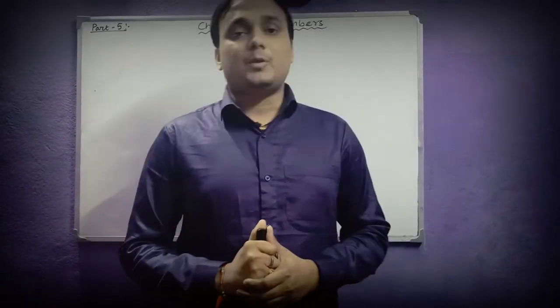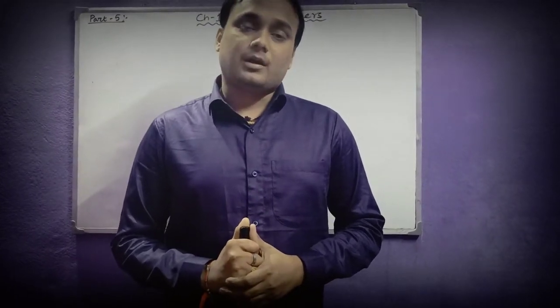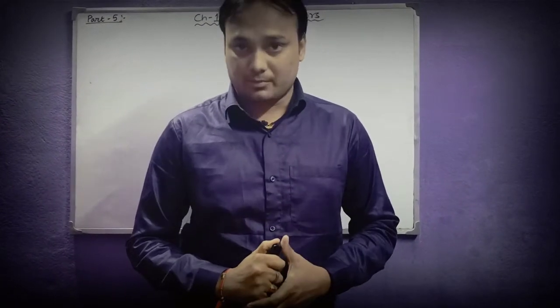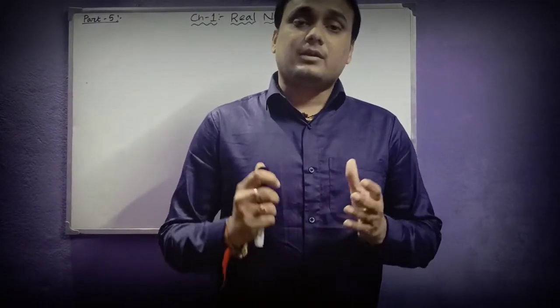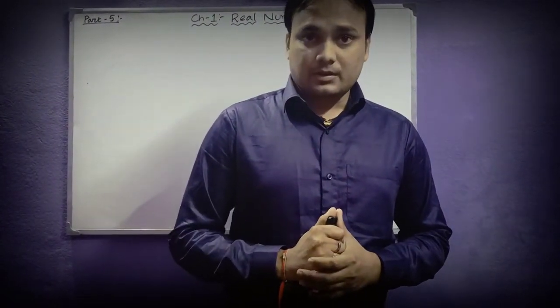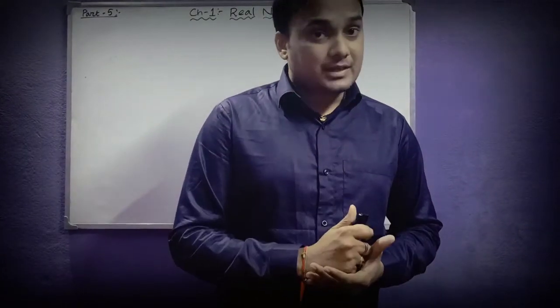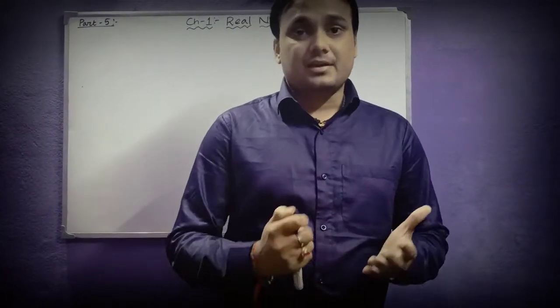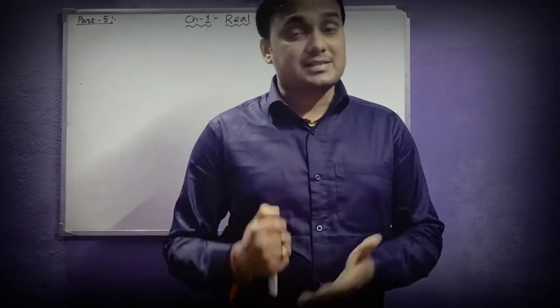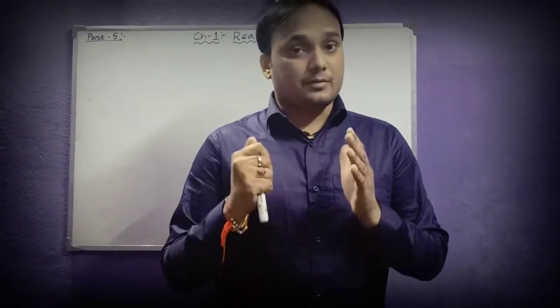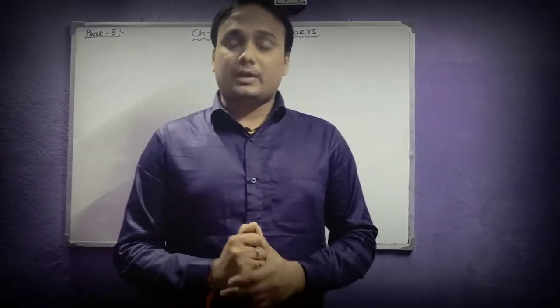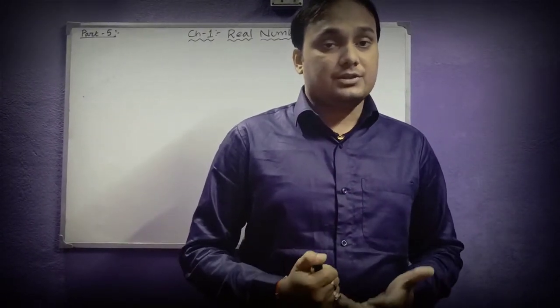In this explanation video, we will be understanding how to identify the type of the rational number. Now you all in class 9 have gone through the fact that there are two types of rational numbers, depending upon the decimal expansion. If the decimal expansion is terminating, or if the decimal expansion is non-terminating but recurring, then we say that number is a rational number.